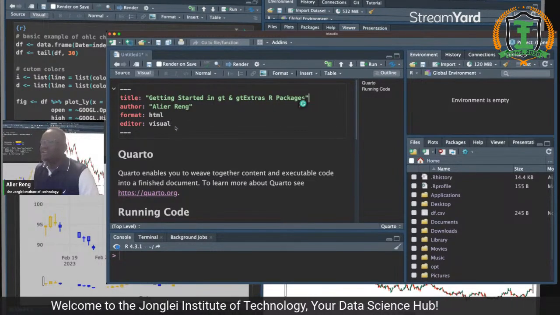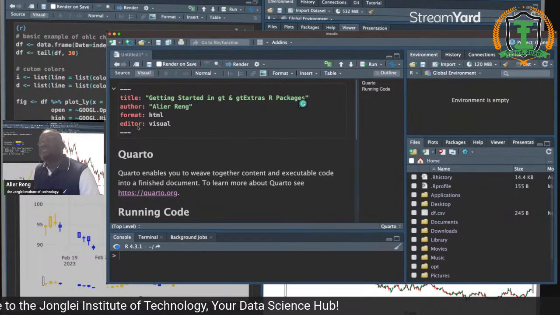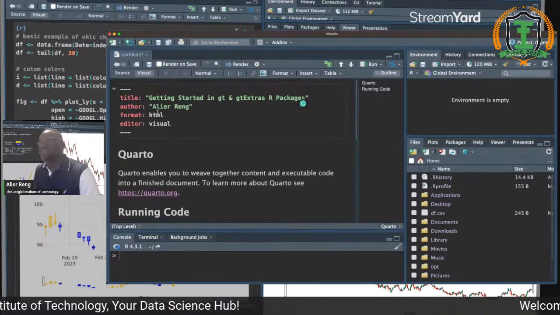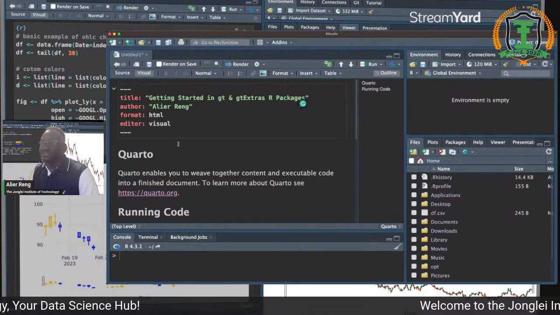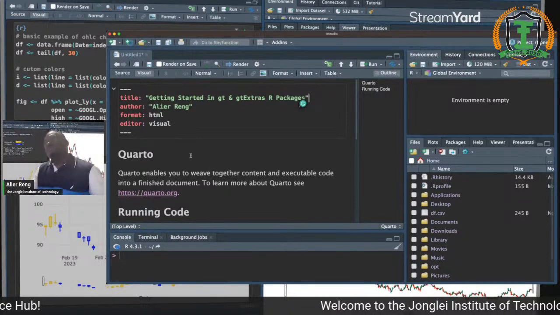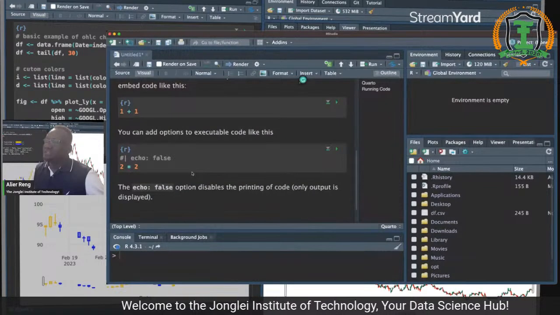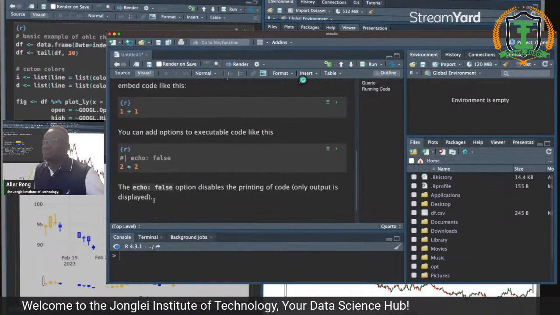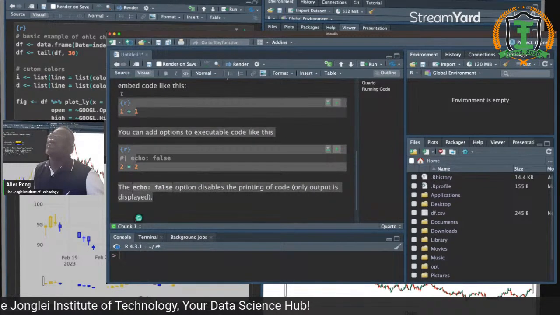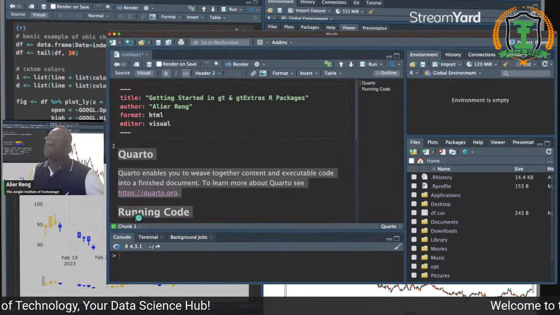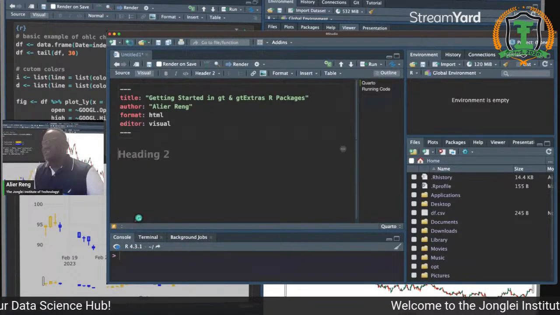I can add the subtitle and some other formatting that could be added here. That's what makes Quarto an excellent tool for data science. So when you open it, it is already a template that has been set up to guide those who are new to RStudio and Quarto, but what we can do is just delete everything so that we